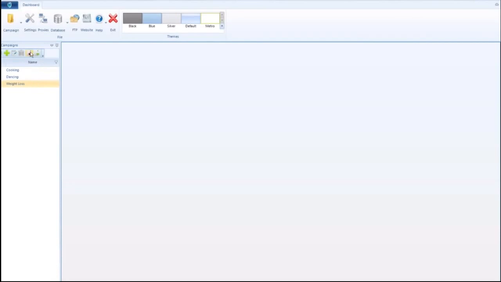Right up in here, if you have this on one computer and you want to get it to another computer, you can export and import your information from one campaign to another in here, so you can work on another computer if you want to. Okay, so once we have our campaign set up, next thing is we just double click on it, and then we go to the keyword settings, which is going to come up here,